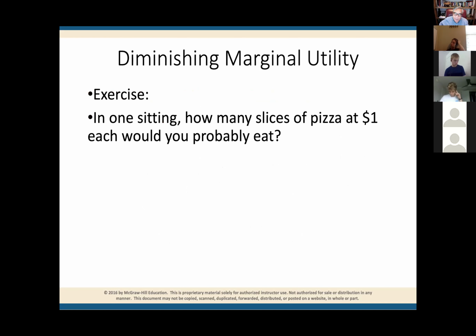Look, if you come to a pizza place, and you can buy pizzas for $1 a slice, how many slices will you eat? Alex, are you there? Yeah. How many slices of pizza will you eat if you're hungry and the price is $1? Maybe 3. Maybe 3? It's only $1. Yeah, it's only $1. Okay, anybody else? 4 or 5? Yeah, probably some of you guys will have no problem eating 4 or 5 slices of pizza.